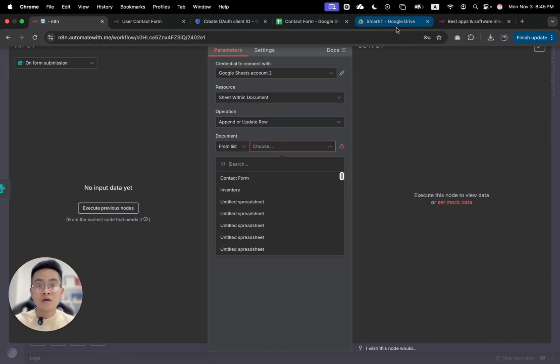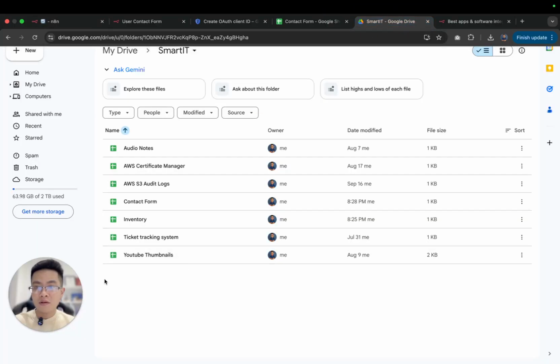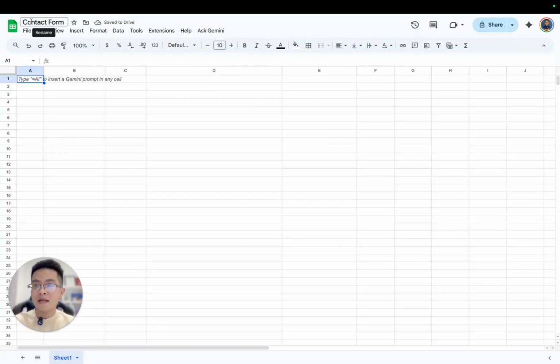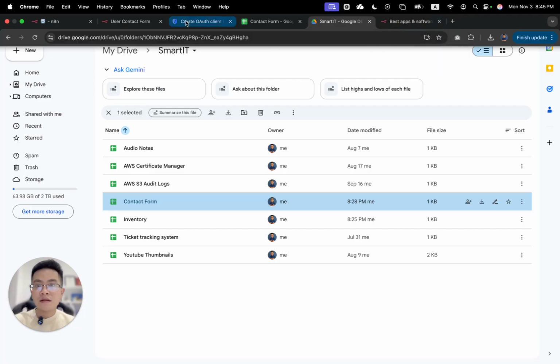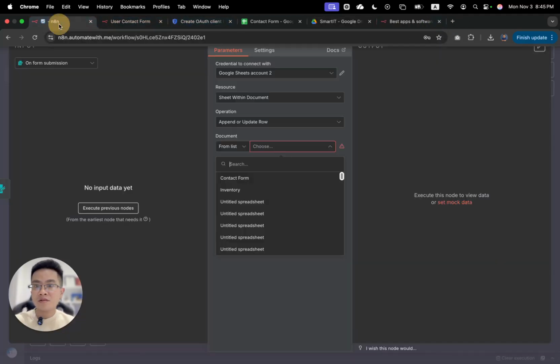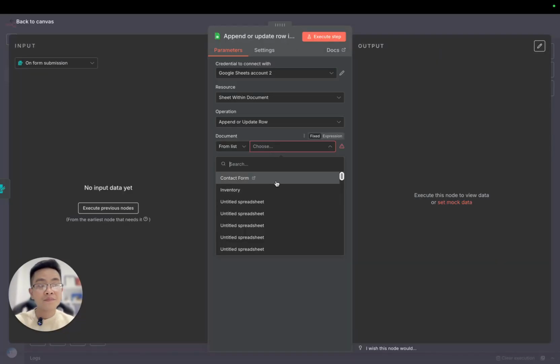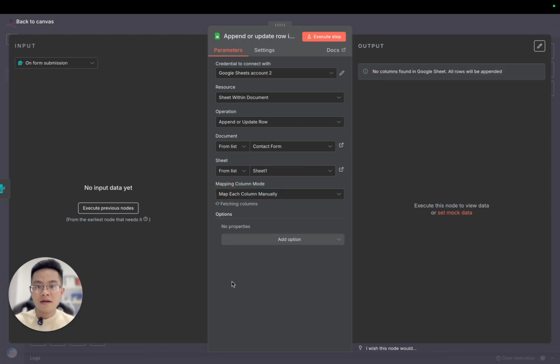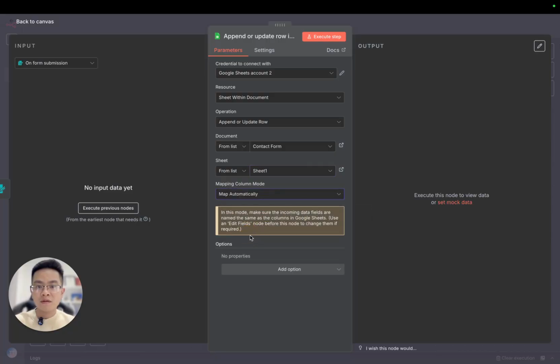To work with this workflow, I already created an empty contact form, right? I named it contact form and nothing is in it. So after we successfully set up our credential, we can now select it, right, contact form, and then the sheet will be the default one. Okay, to map the columns, we're using the map automatically option.